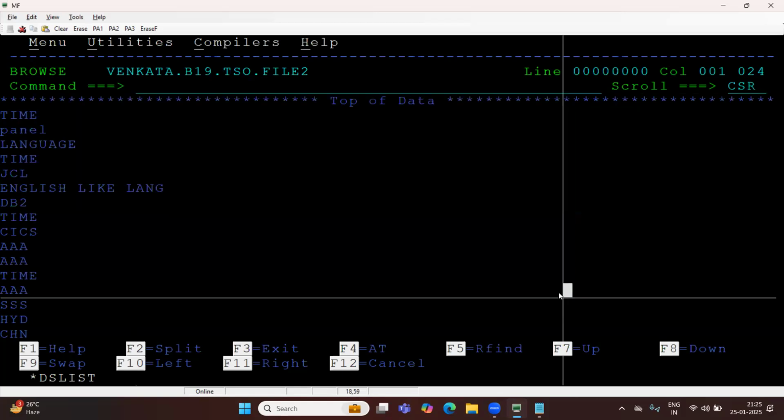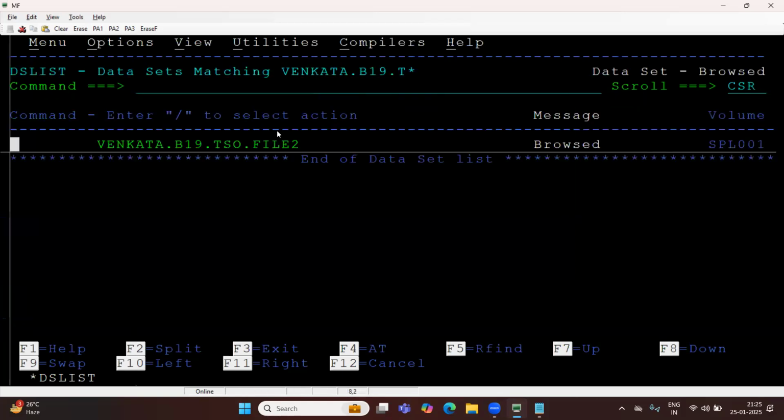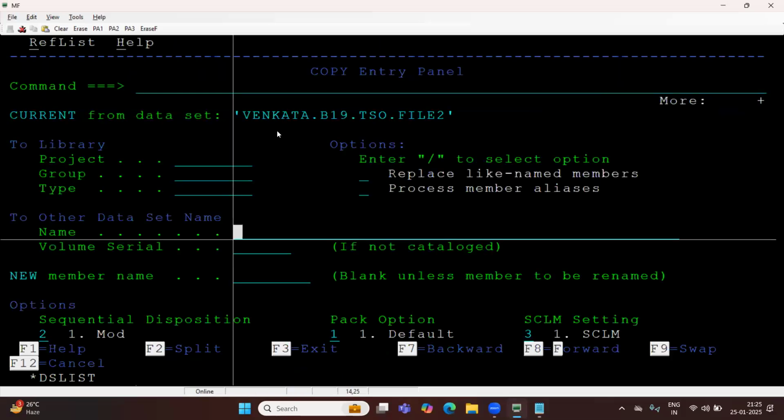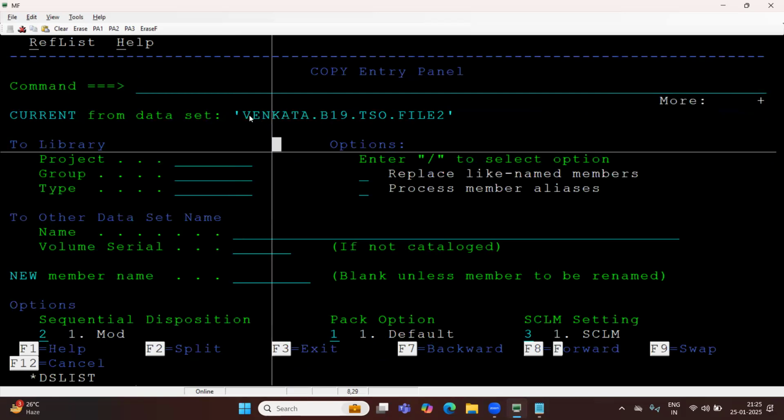Okay, I'll talk about other stuff. Let me use CO, copy. CO is basically to copy the data from a file. I want to copy this content to another file. So one of the approaches is type CO, enter. You are trying to copy the data set from here, to where you want to paste it, to another data set name. So I will be giving